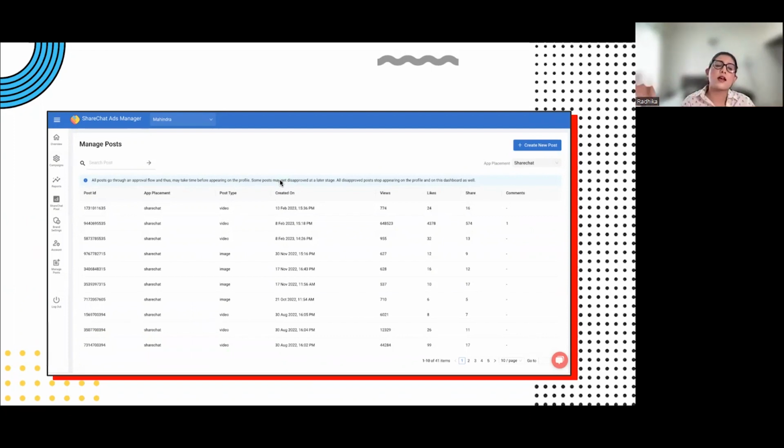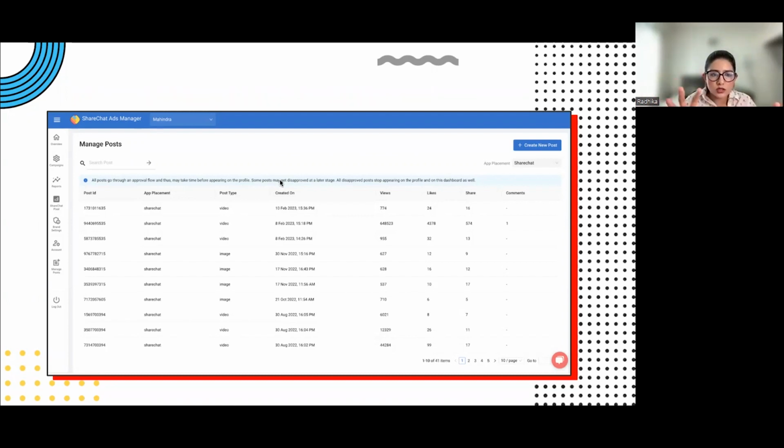As soon as that is done, you will be able to see this particular module even before you set up your campaigns, and you can actually go ahead and start creating posts even before you create campaigns. And you can observe the kind of engagement and reaction that these posts are garnering, and then you can modify your creatives once you start spending real money on those media assets, right?